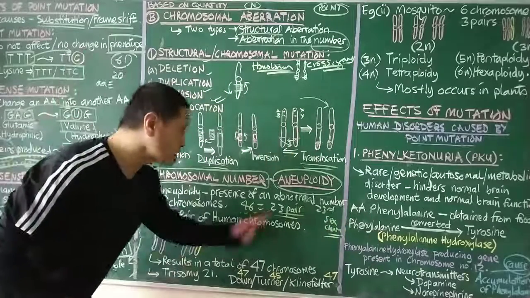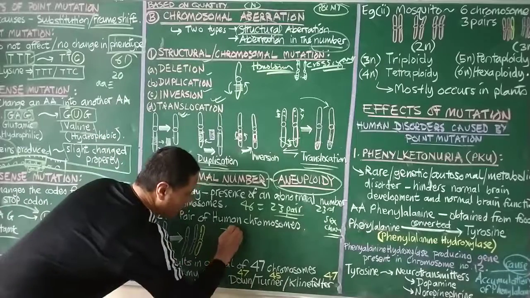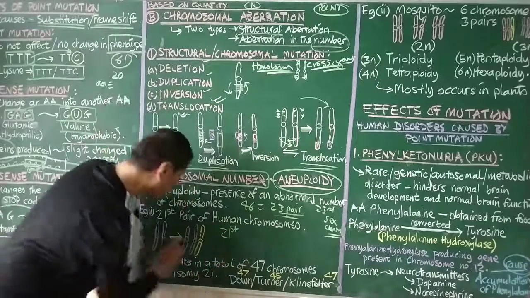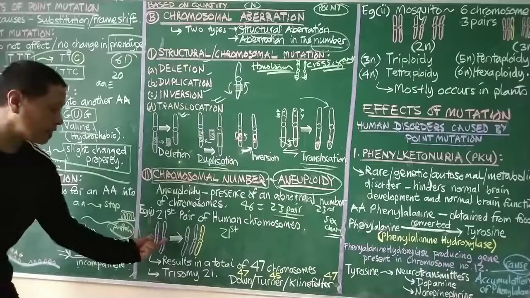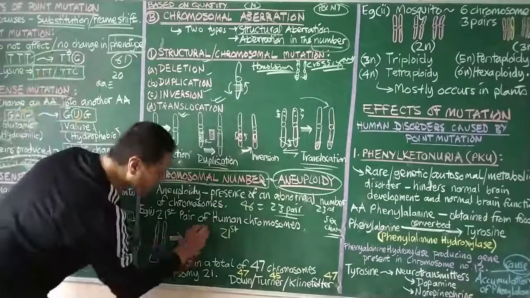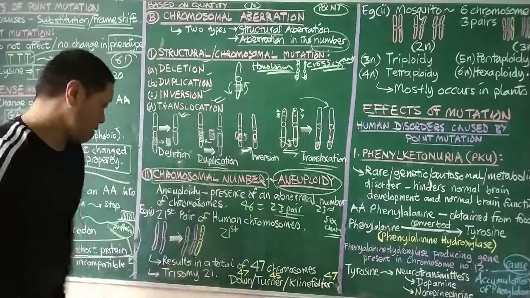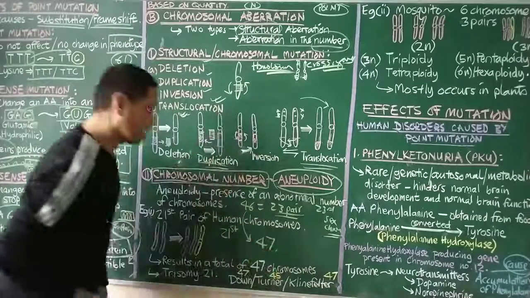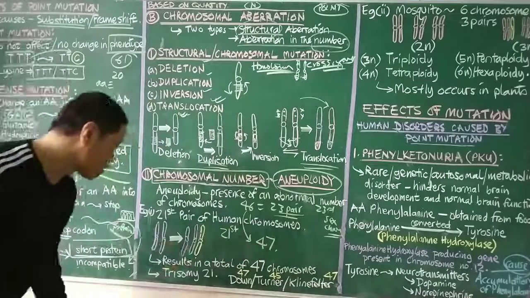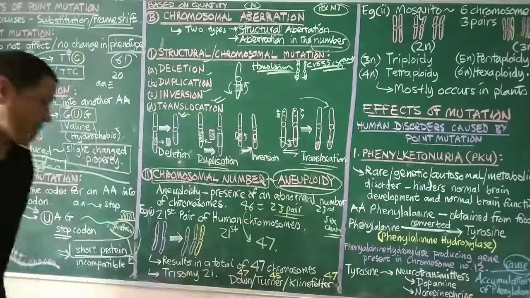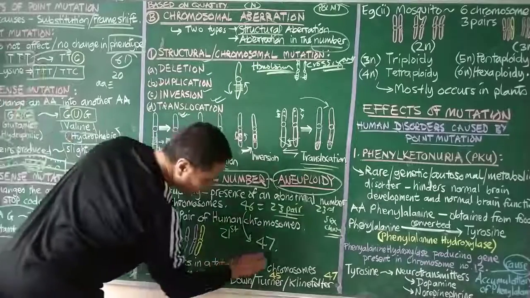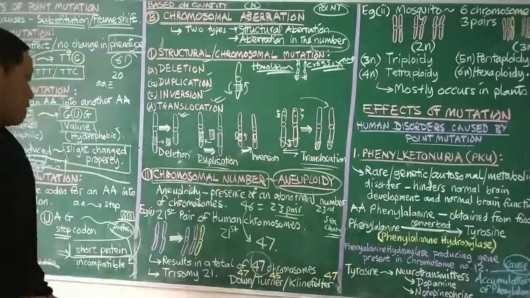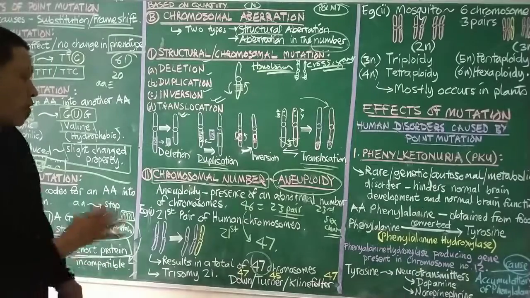But the 21st pair has two chromosomes like this, and if there is an addition of another chromosome there, then the total number of chromosomes turns to 47. This condition is called trisomy 21, okay, where the result is 47 chromosomes,